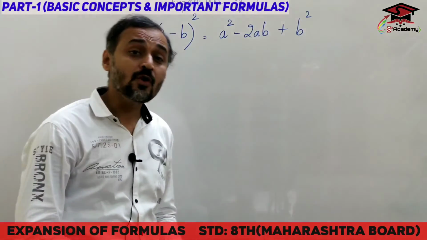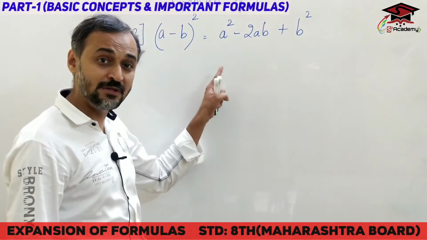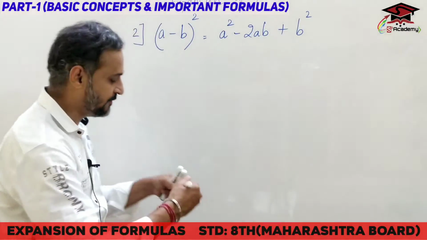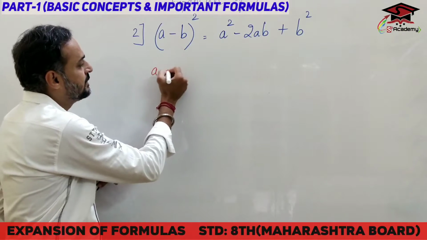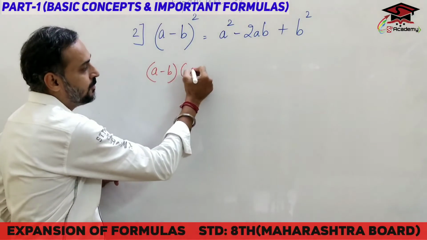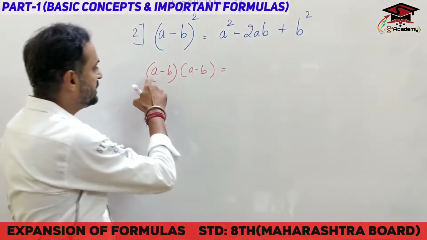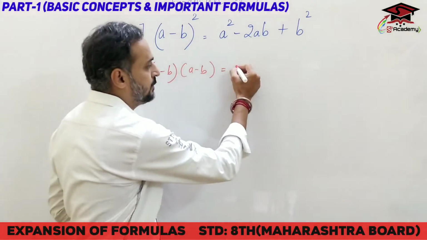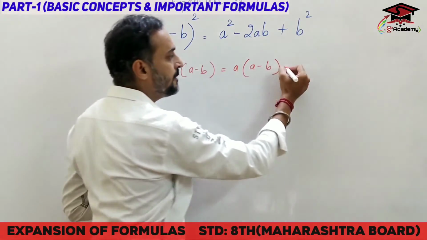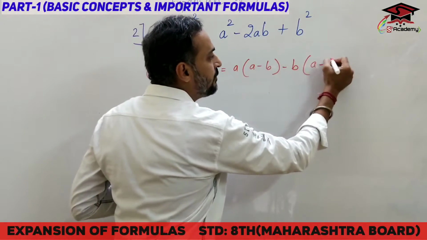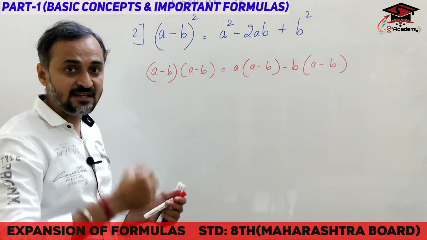So now what will we do? How has the formula been derived? We will expand a minus b the whole square to get this answer. Okay, fine. So let me say a minus b the whole square, that means a minus b bracket of a minus b. Same way, same method, what will we do over here? This a has to be multiplied with this bracket. So a bracket of a minus b, minus b bracket of a minus b. Okay students, so this was again the first step of the derivation.